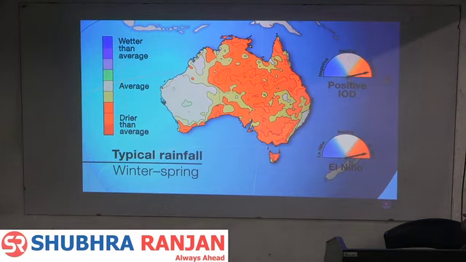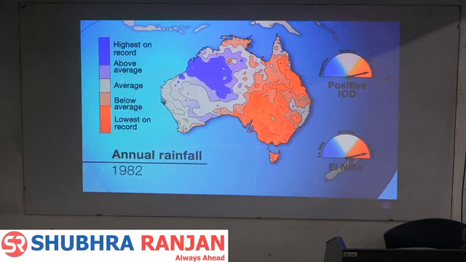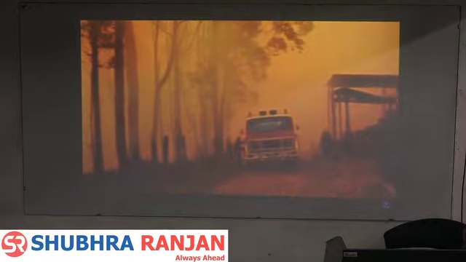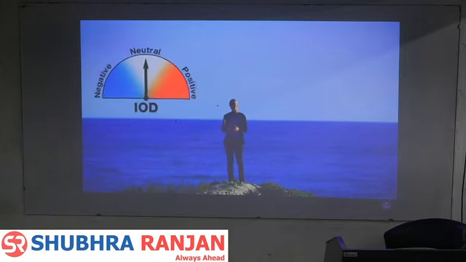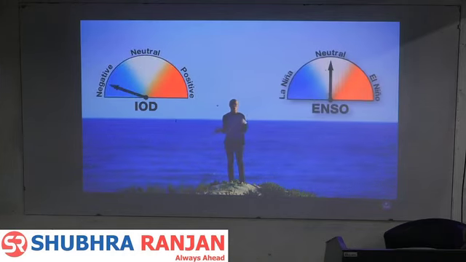This is the land of severe summer fire seasons. For instance, 1982, the driest year on record for the region, was both a positive IOD and El Niño, and was followed by the devastating Ash Wednesday bushfires. Likewise, a negative IOD can often occur during La Niña, both pushing more rain towards